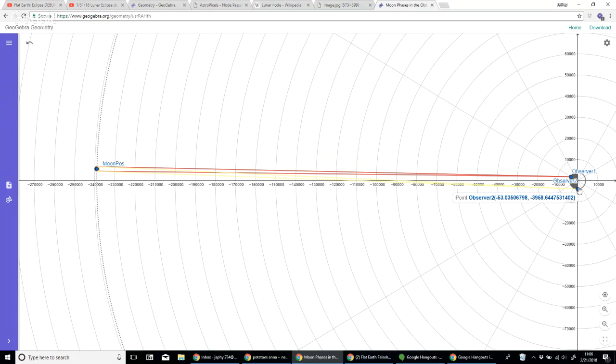If you were able to move fast enough on the Earth that you could have gotten from Australia up to, say, New York or at least China, you would see your view of the moon changing. But what we're seeing when the moon enters the shadow of the Earth is,